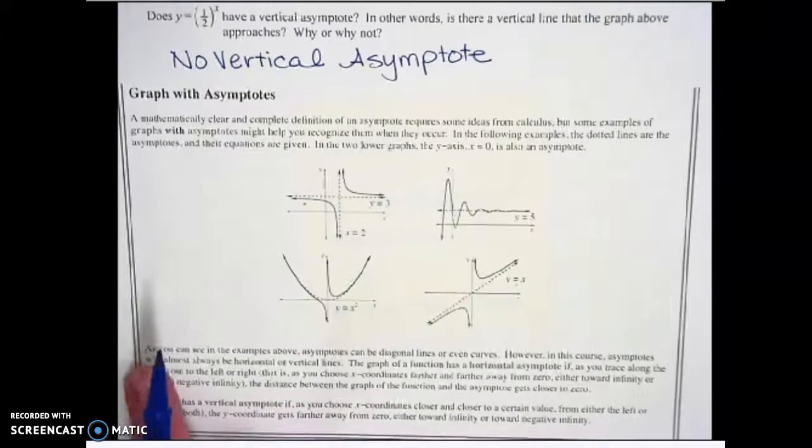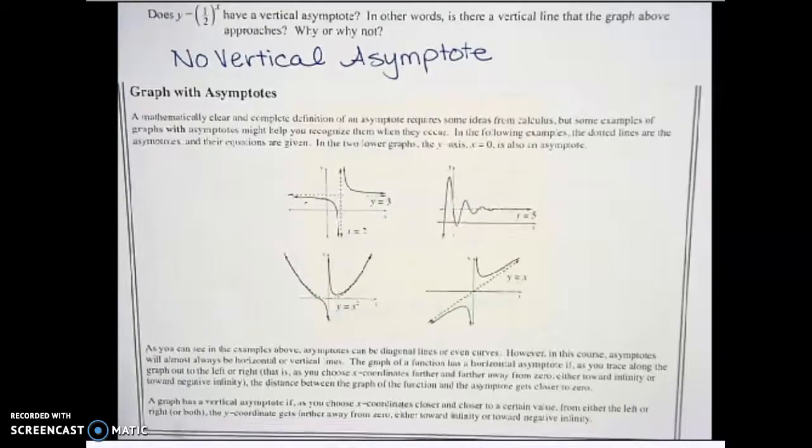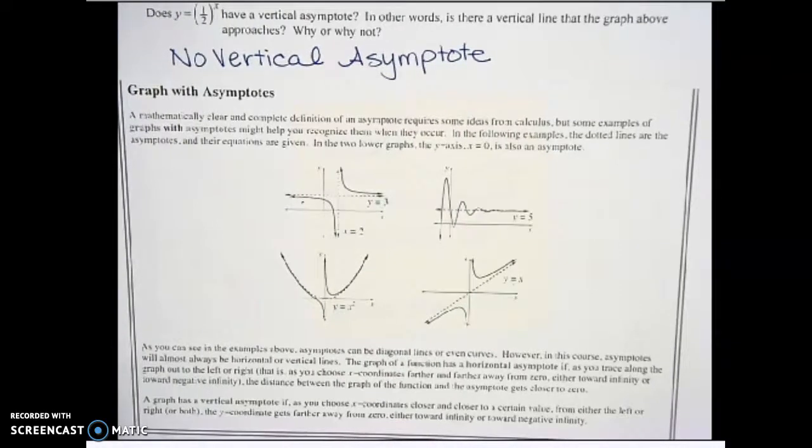Okay, the next paragraph right here that starts with "as," that would be Rider. As you can see in the examples above, asymptotes can be diagonal lines or even curves. However, in this course, asymptotes will almost always be horizontal or vertical lines. The graph of a function has a horizontal asymptote if, as you trace along the graph out to the left or right, that is, as you choose x coordinates farther and farther away from zero, either toward infinity or toward negative infinity,